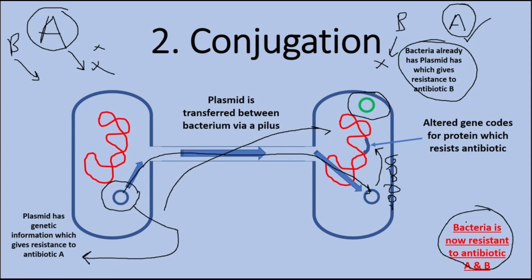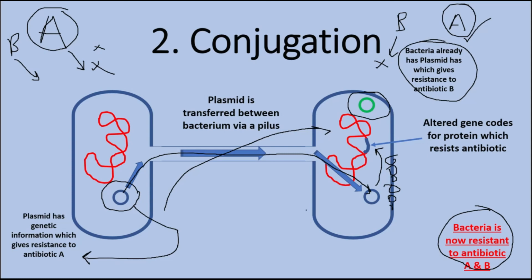So now it can be resistant to both types of antibacterial. By passing on genetic information, just by actually handing it to them, it can change the genetic code. Now, if this pili gets into the genetic code, into the bacterial chromosome, then every time this replicates, every time